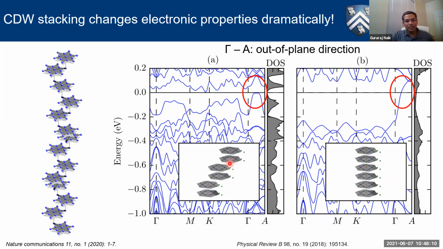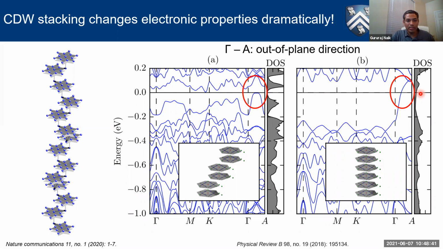If you have this kind of stacking, then this material has a clear band gap here, which means in the c-axis direction, this behaves like a semiconductor. On the other hand, if the stacking were all on top of each other, which is A stacking, then we would see that this material is a metal, so the density of states at the Fermi level is no longer zero. So this can actually show a metal to insulator transition just by changing how we stack. Maybe that's what is causing the optical constants to change.